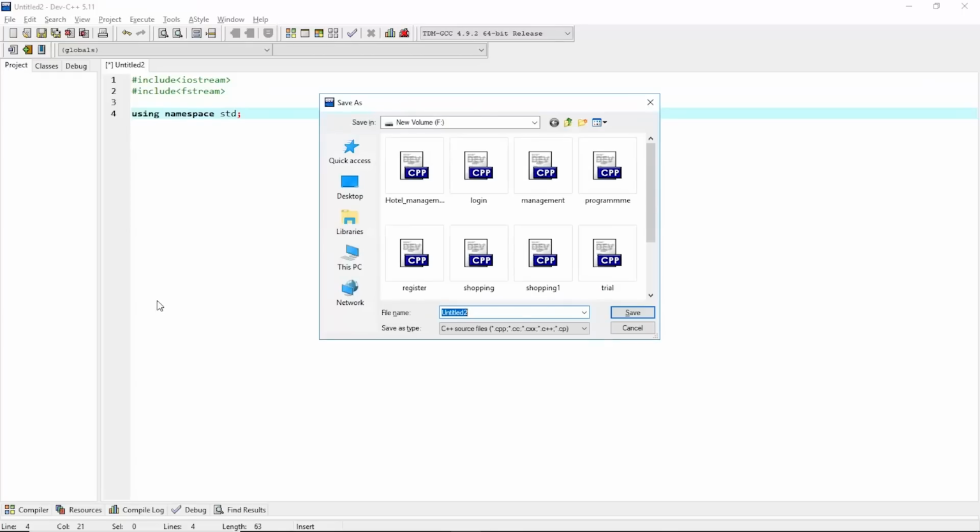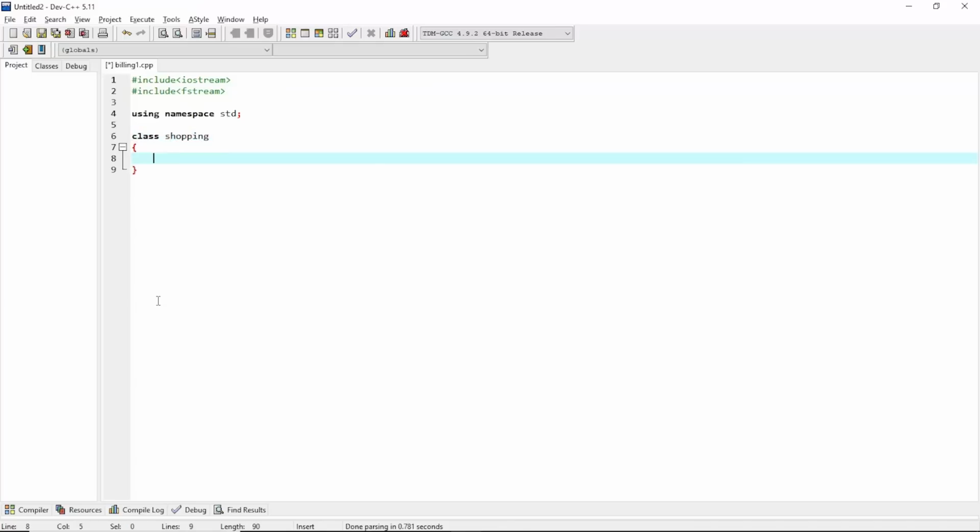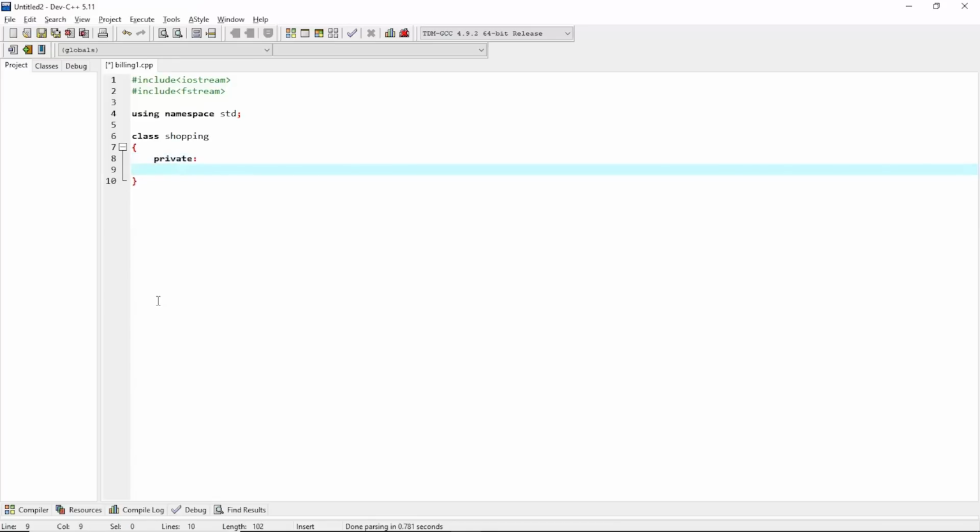Now let's save this one and name it billing1.cpp. Alright, so we have named this file. Now first of all, we'll create a class and we will declare some variables and functions. So let's create a class and name the class as shopping. Inside the class shopping, first of all, inside the private scope, we will create or declare some variables,